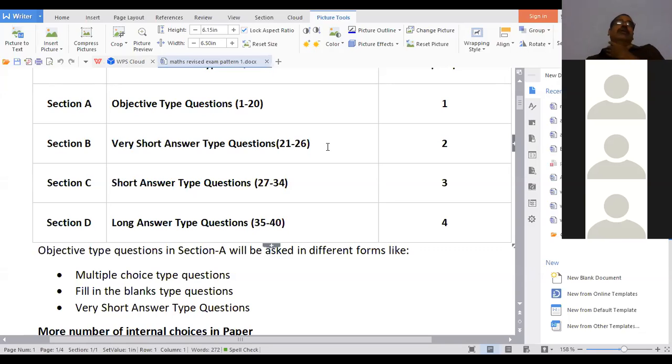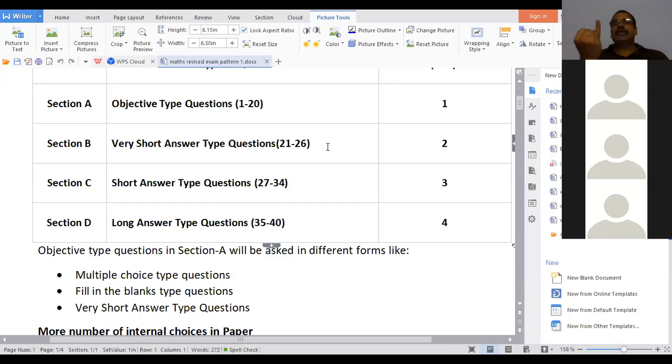And in the second chapter, polynomial division is not there, the long division method of division. The divisions are not there in polynomials. And in linear equations in 2 variables, what is not there? The cross multiplication method is not there, only that. So in 3 chapters: in the first chapter, Euclid's division lemma is not there.